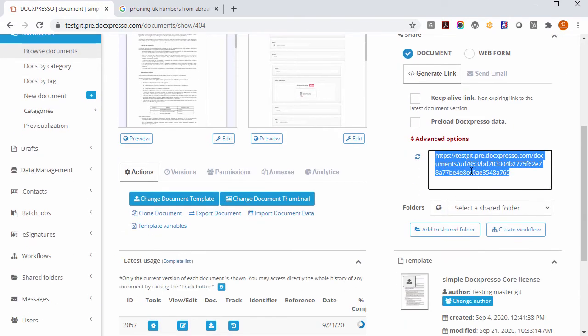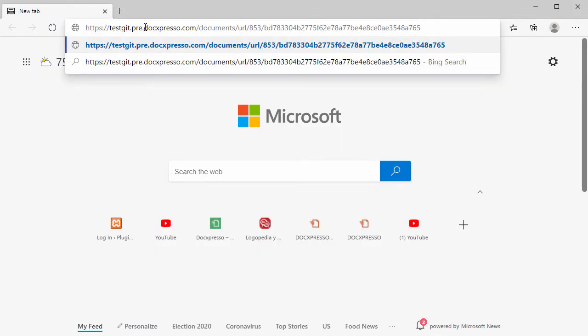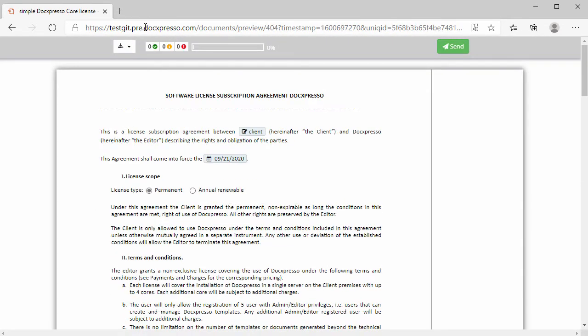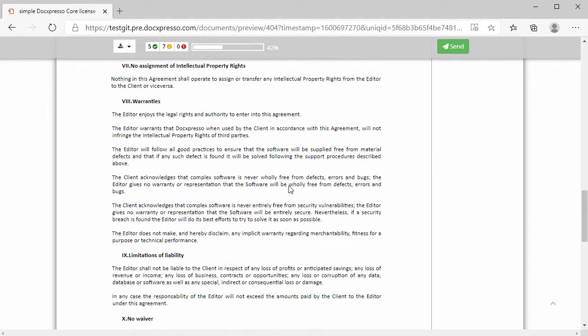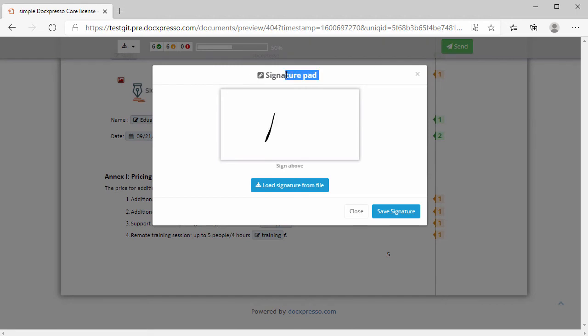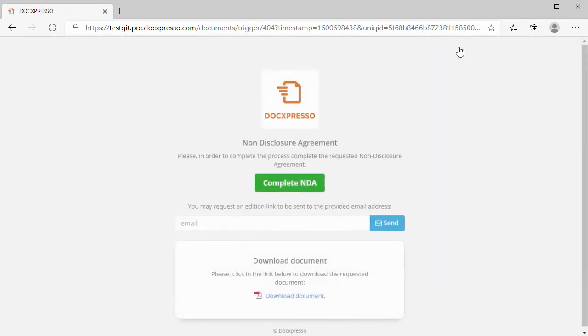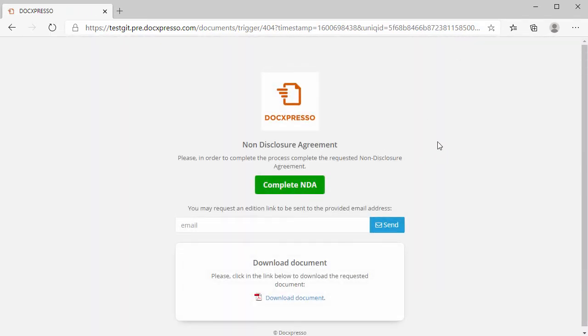Now, if we just copy this link and we just paste it in a different browser, we are of course redirected to the original template. We can just fill here the data, whatever. And for example, let's put here name, let's put my name and signature. The important part is that whenever I hit the send button, like you see, I have been redirected to a